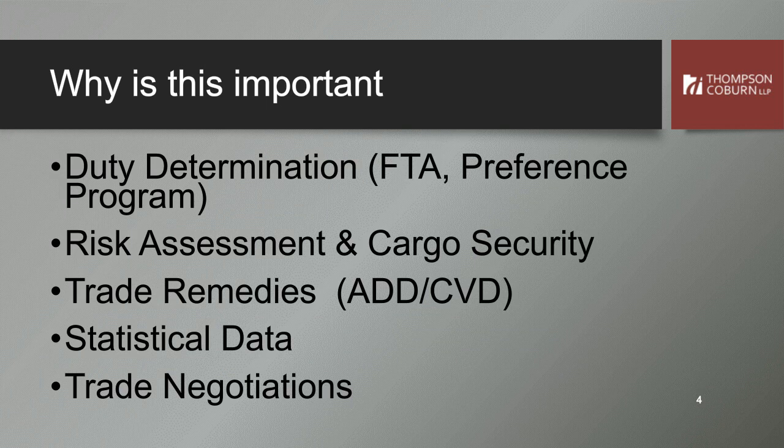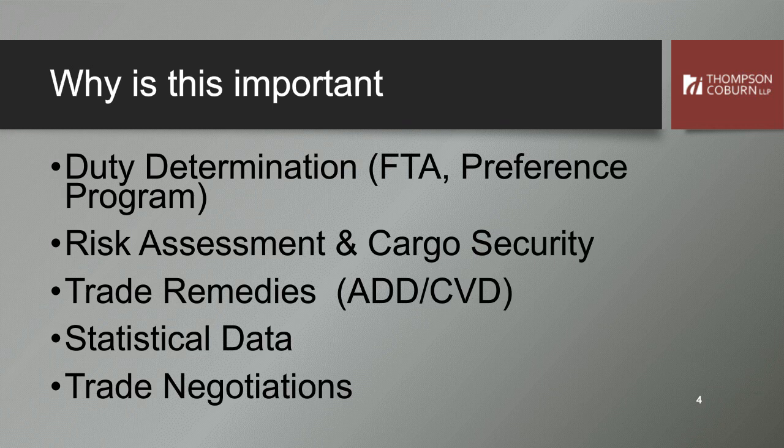So why is it important? Well, the country of origin determines duty. If anyone's looked at the tariff schedule, you'll notice that there's several columns for duty rates. One is column 1, which is the most favored nation duty rates. The second column, column 2, used to be for communist countries. We don't use it very much for most countries right now. Cuba and North Korea get treated to that if you're able to bring anything in from those countries. So column 2, and we need to have country of origin for that, but it's also for preferential treatment under free trade agreements, and it's also for trade remedies, ADD, CVD, 301, other trade remedies. We have to determine the origin